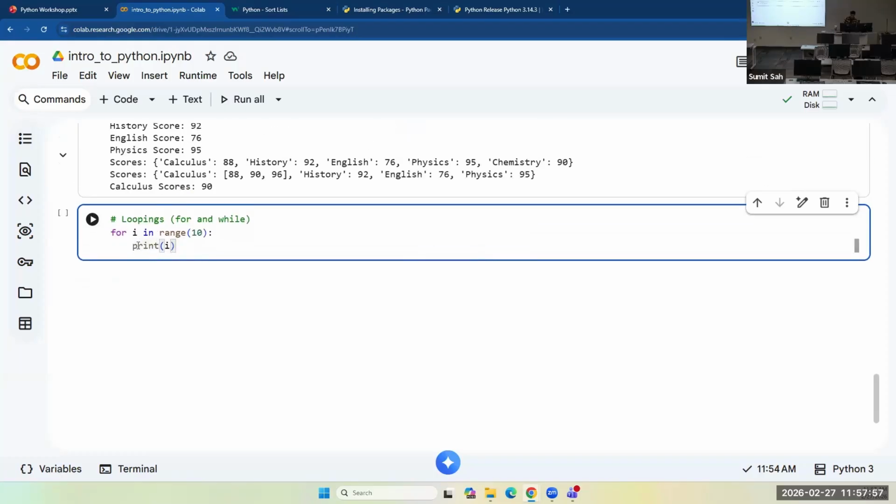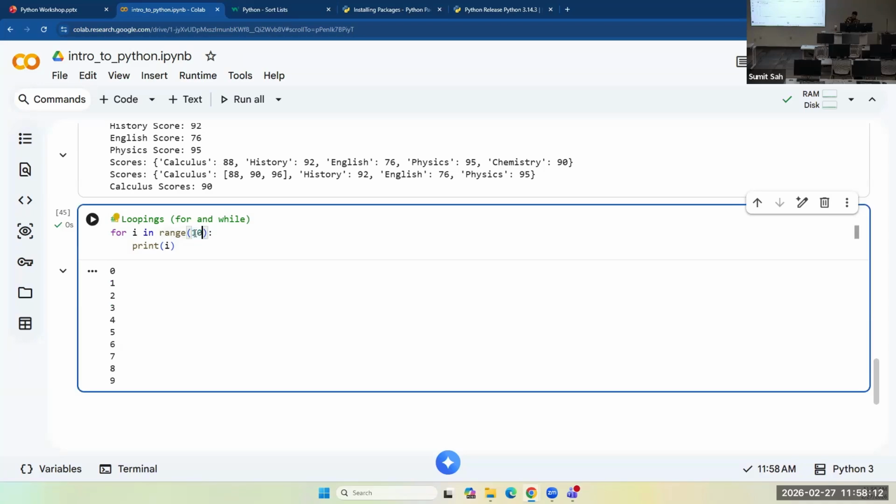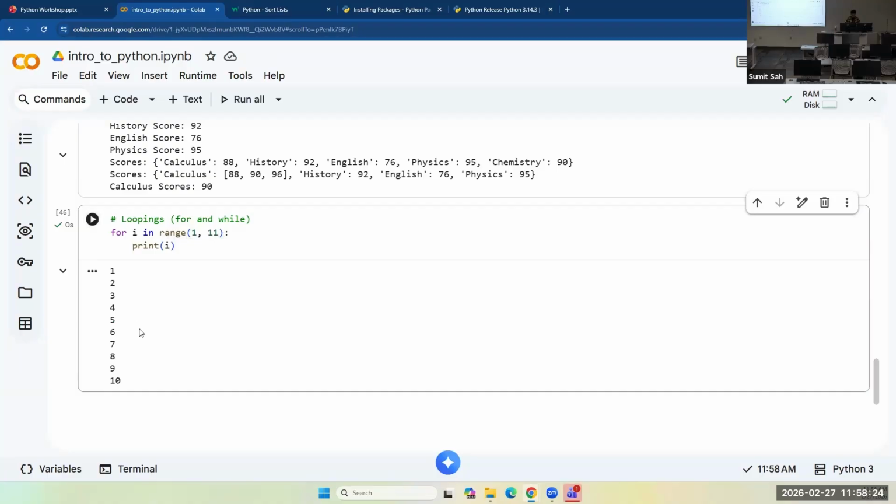I want to print out the first 10 integers. It printed out 0 to 9, because when you say for i in range 10, 10 is not included; it starts from 0 to 9. If you want to start from 1, you say 1, comma. And if you want to include 10, you will go until 11.